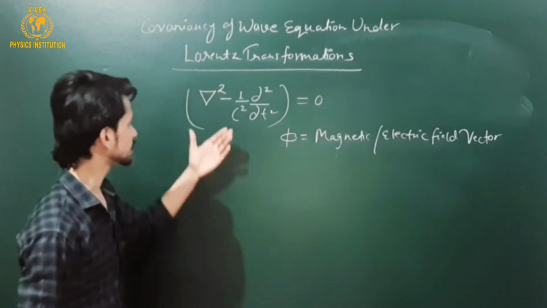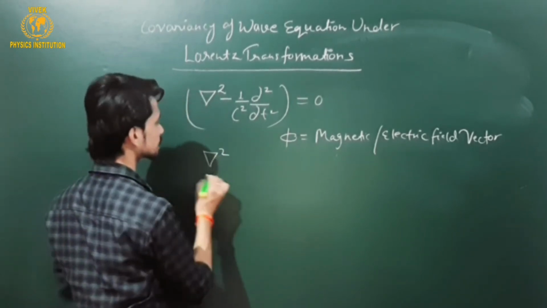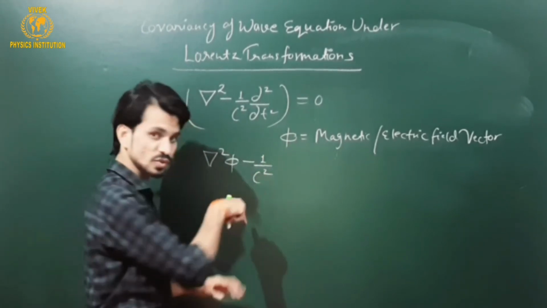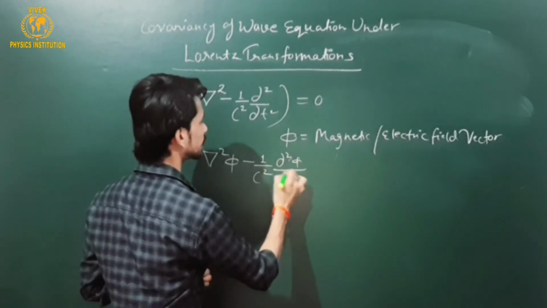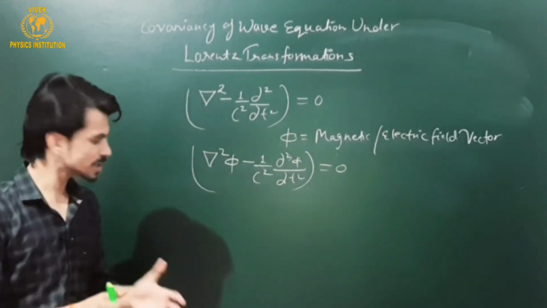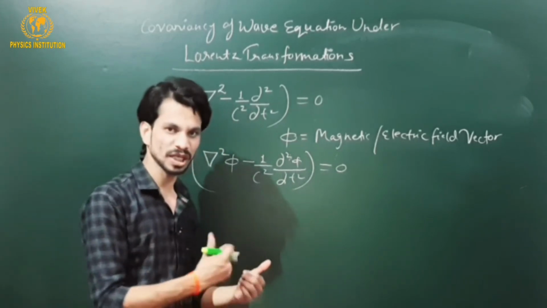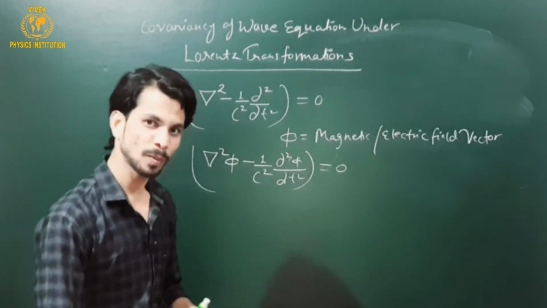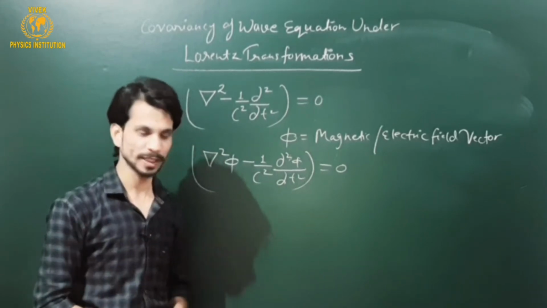When I operate this complete wave equation on this phi, I will get its new form, which is del square phi minus 1 upon c square, where c is nothing but the speed of light, del square phi upon del t square equals 0. So this is the concise form of the wave equation, and it is ready to find out its nature under the Lorentz transformation, right? What I mean by the covariancy of the wave equation under the Lorentz transformation, let us take a general first look at that.